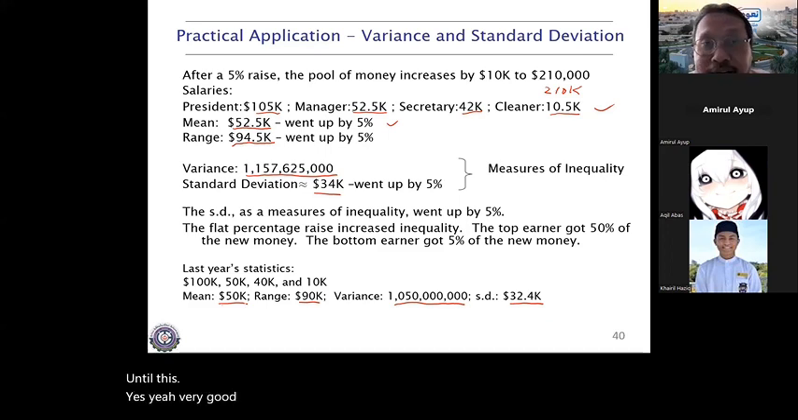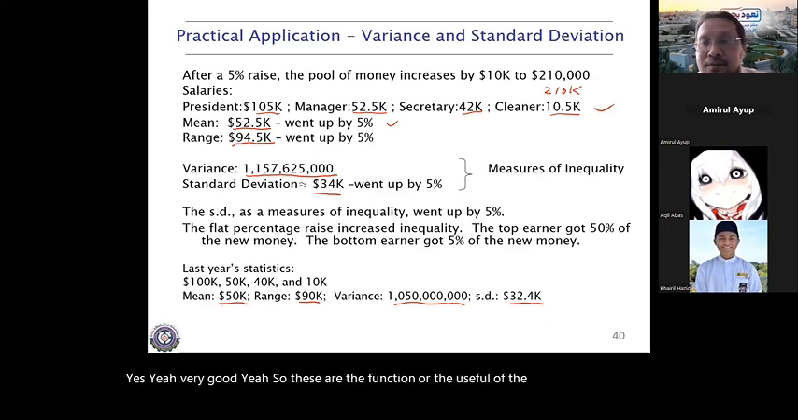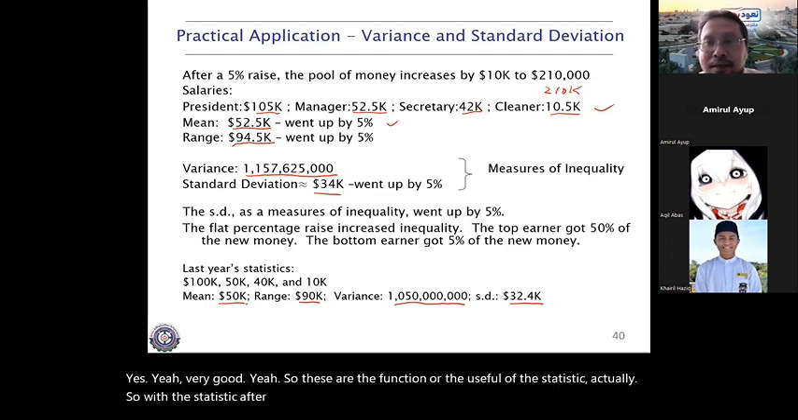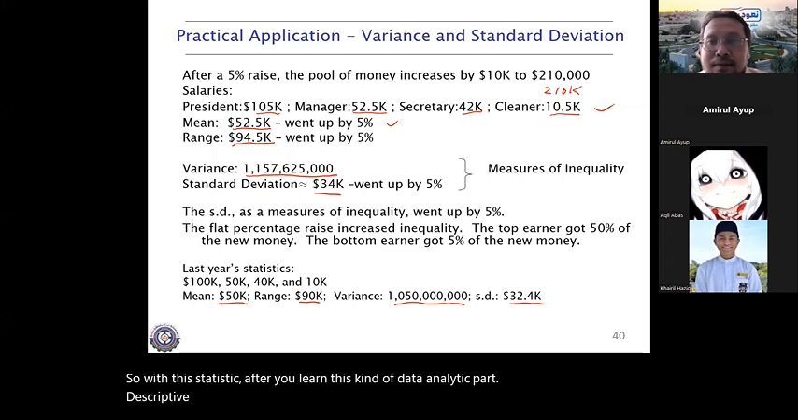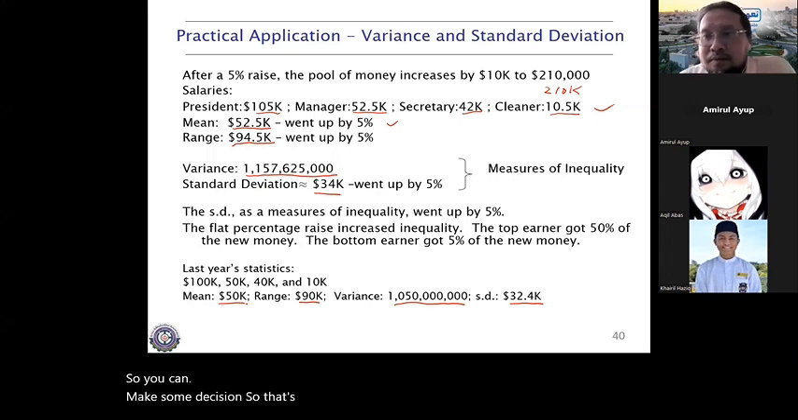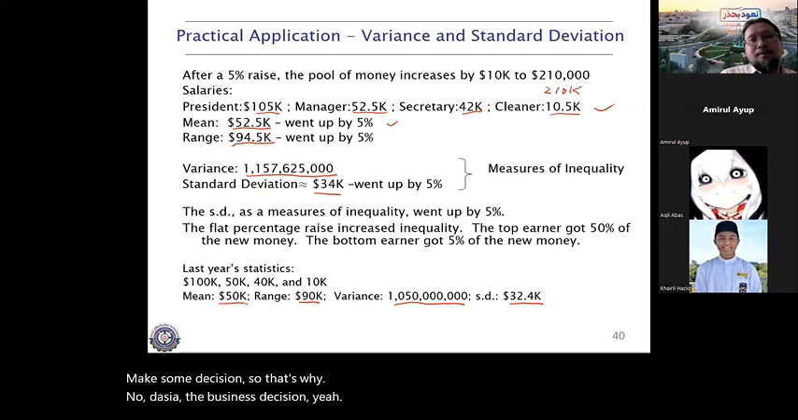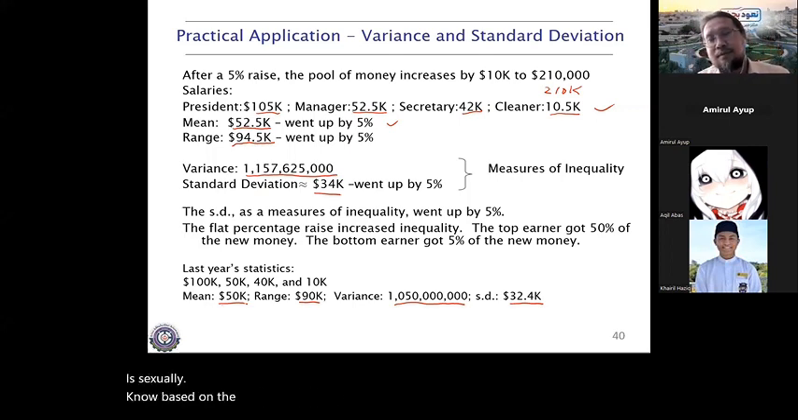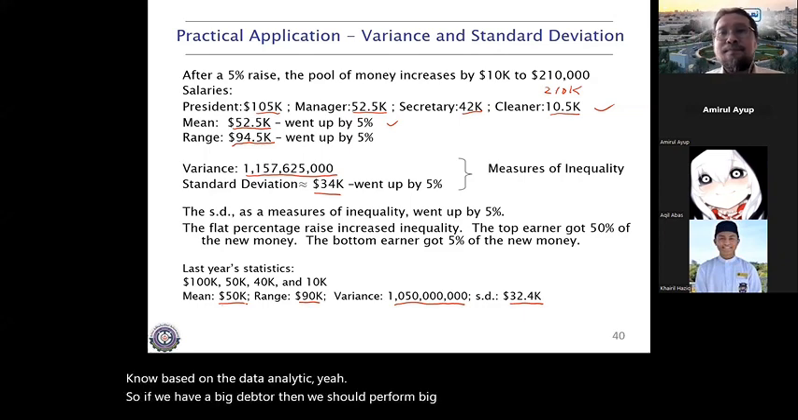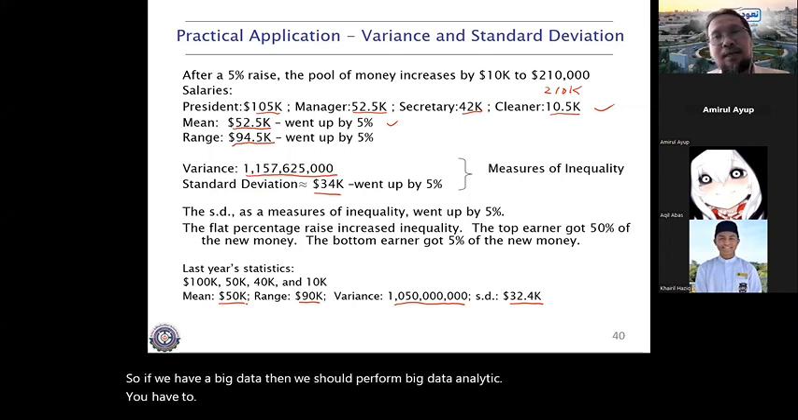So these are the function or usefulness of statistics actually. After you learn this kind of data analytics, part of descriptive analytics, you can make some decisions. That's why nowadays business decisions are based on data analytics. If we have big data, then we should perform big data analytics